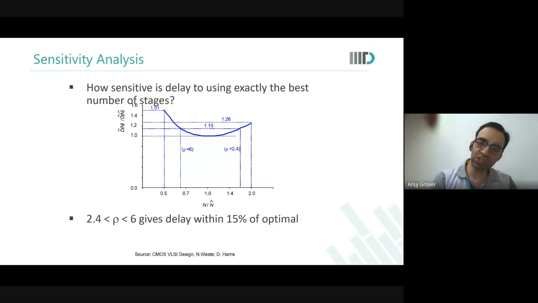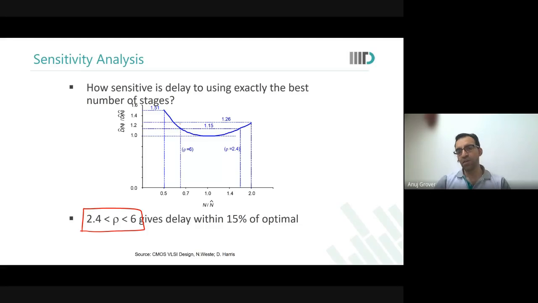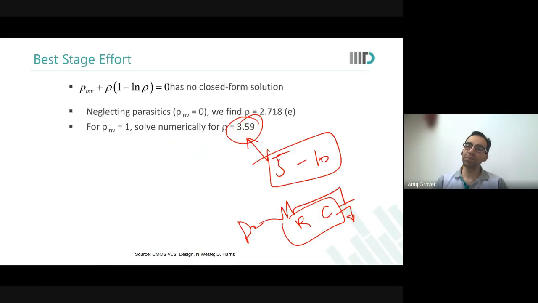In terms of stage ratio, you will notice that there is a dependence on the stage ratio, but not a very large one. So typically, a stage ratio between 2.5 to 6 would give almost similar delays. You know, this is the delay and the stage ratio is increasing on that side. So when I say that for an SRAM, because the word line RC is anyways very high, you can keep a stage ratio which is much larger than 4 or something. That also works fine.